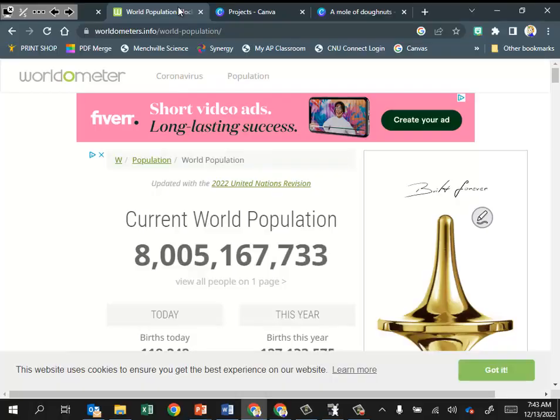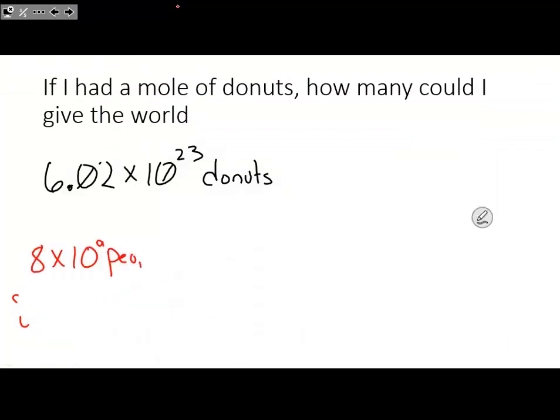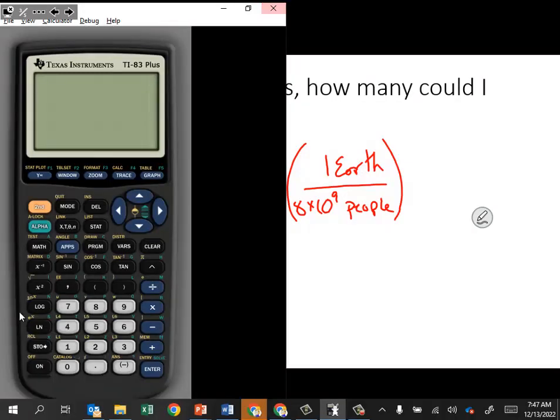Here's 10 to the third, 10 to the sixth, 10 to the ninth. 8 times 10 to the ninth people, so 8 times 10 to the ninth is our conversion factor. So we could use that conversion factor. 8 times 10 to the ninth people is 1 Earth. We could divvy out our donuts. So grabbing a calculator,